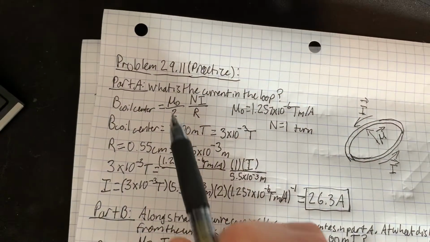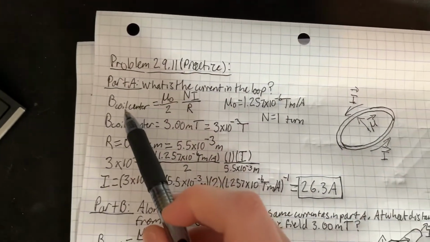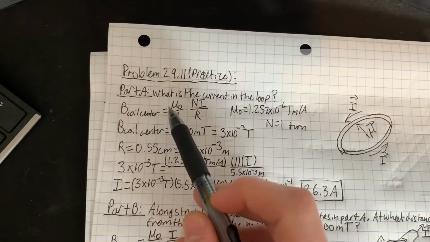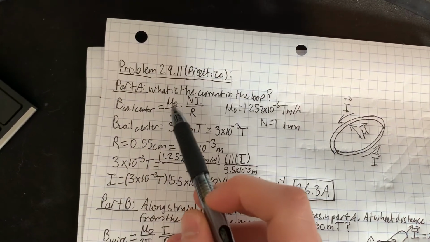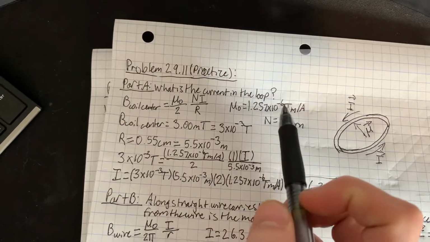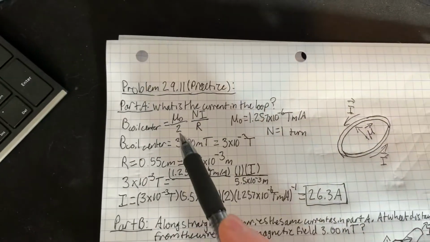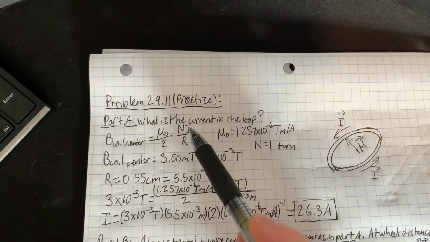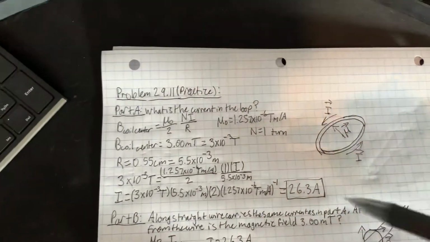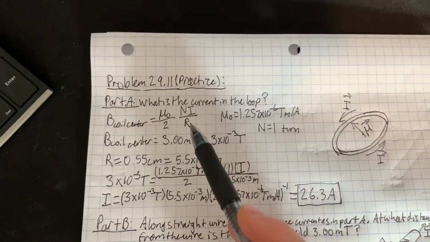And we have the equation for the strength of the magnetic field at the center of a coil. So it's equal to our constant right here of 1.257 times 10 to the negative 6th Tesla meters per amp divided by 2 times the number of rotations, which is just 1 turn since it's just a ring and it's not actually a coil, times our current divided by